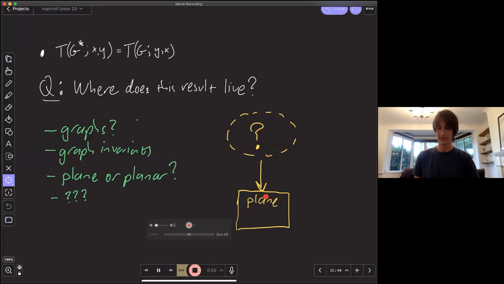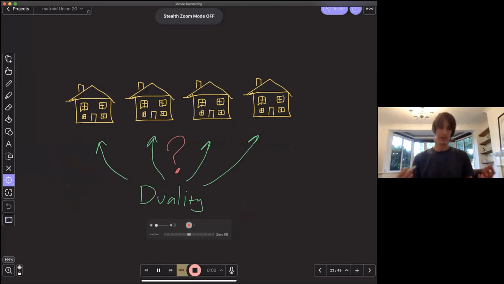So I've got the result for plane graphs, but there's something else going on. This is kind of coming back to putting my private detective tail on, and finding out where this very basic result about the Tutte polynomial, lovely result about the Tutte polynomial, actually lives. So what I'm going to do in the talk is just work through and follow this result home and see where it takes us.